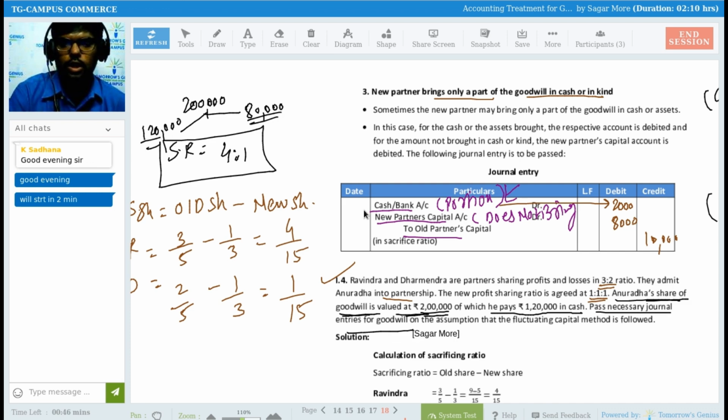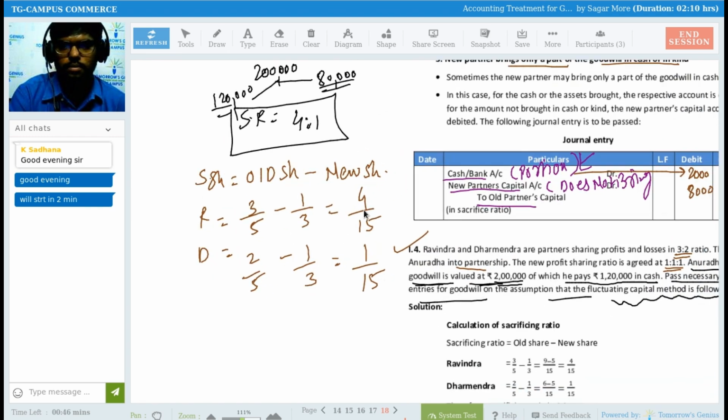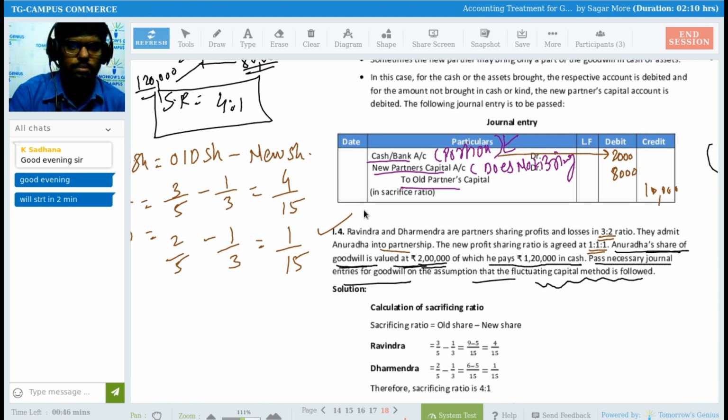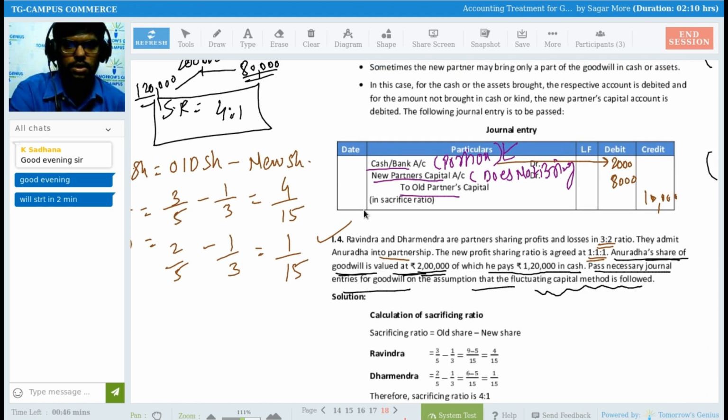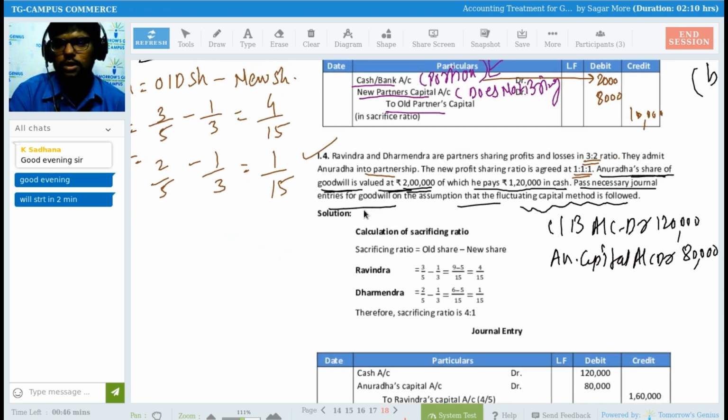Pass necessary journal entries for goodwill on the assumption that the fluctuating capital method is followed. Tell me which entry we have to pass. Cash or bank account debit, for how much? 1,20,000. Then the new partner's capital account, Anuradha's capital account debit 80,000. And the entire 2 lakh rupees we have to distribute in the ratio of 4:1